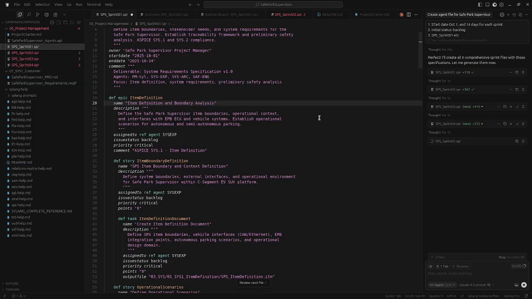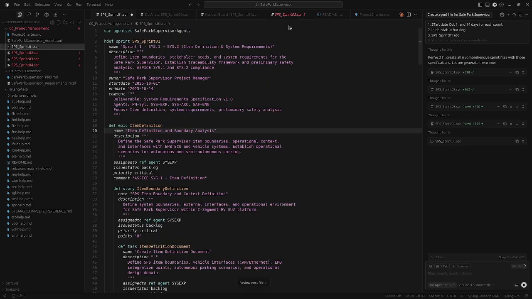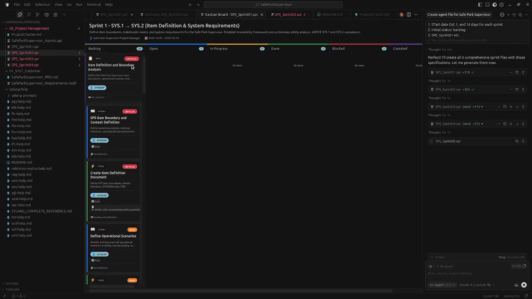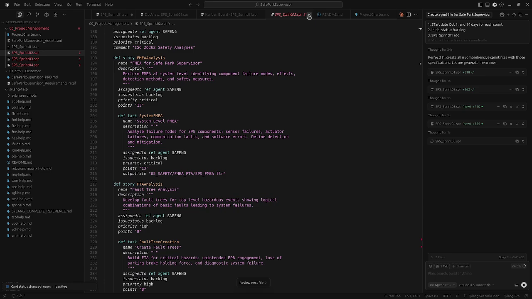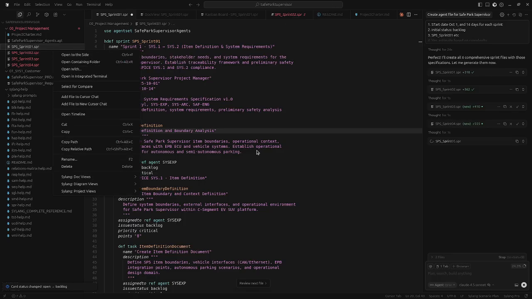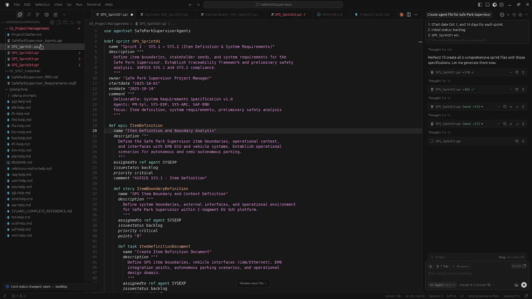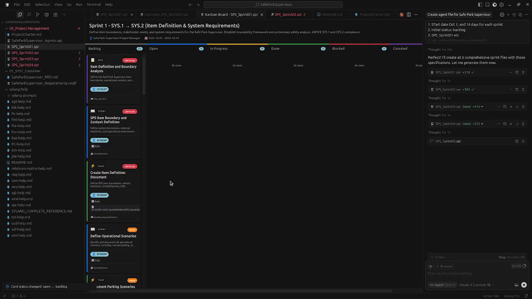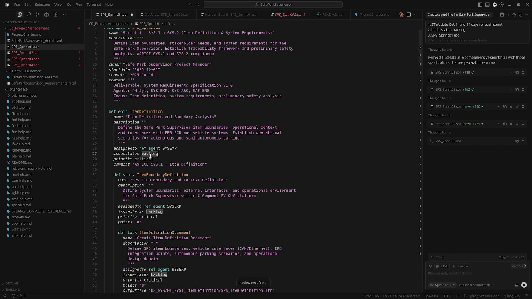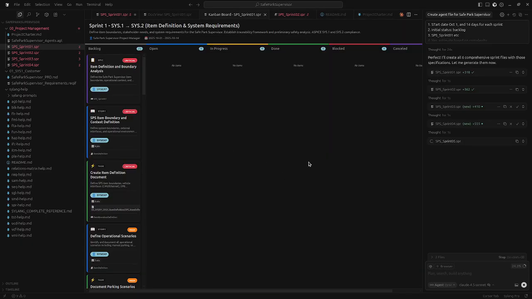Let me save that. Yeah, it doesn't reflect. So something has to be changed there to get it reflected. So for example, I move it back, and it's backlog. So let me open here, show Kanban. So it's here. If I go here and change it to open and save this file,